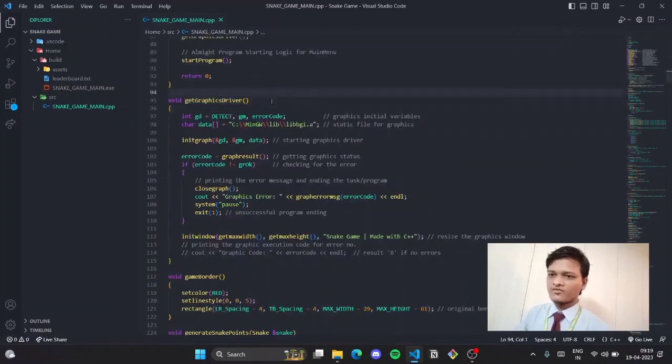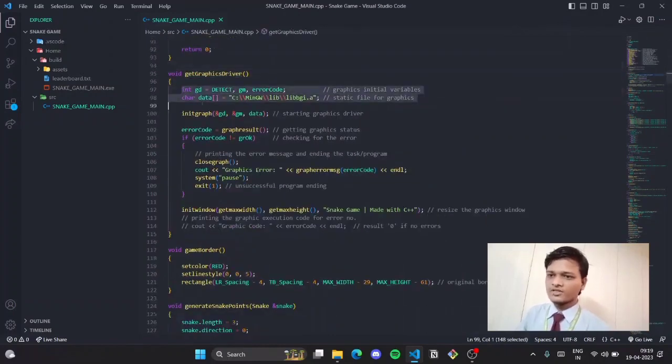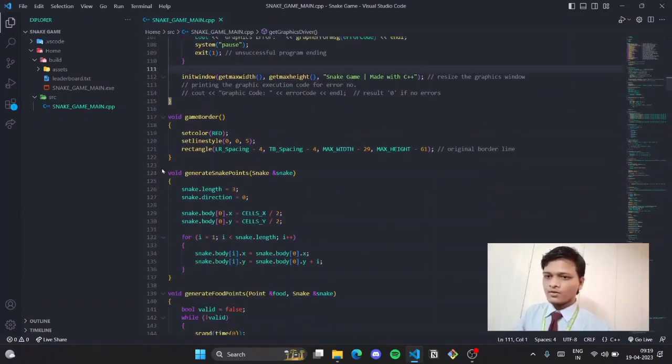So getting over this graphics driver function, where I have initialized all the graphics functions, and this sets your game window to maximum height and maximum width according to your screen. Okay, moving towards our next function,